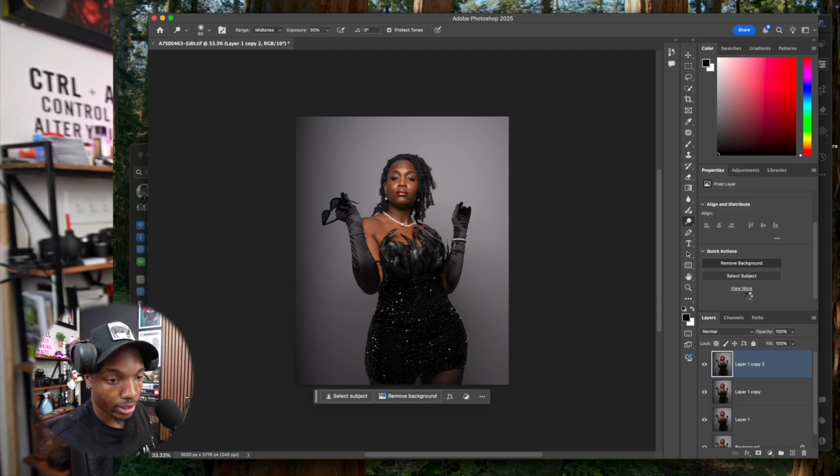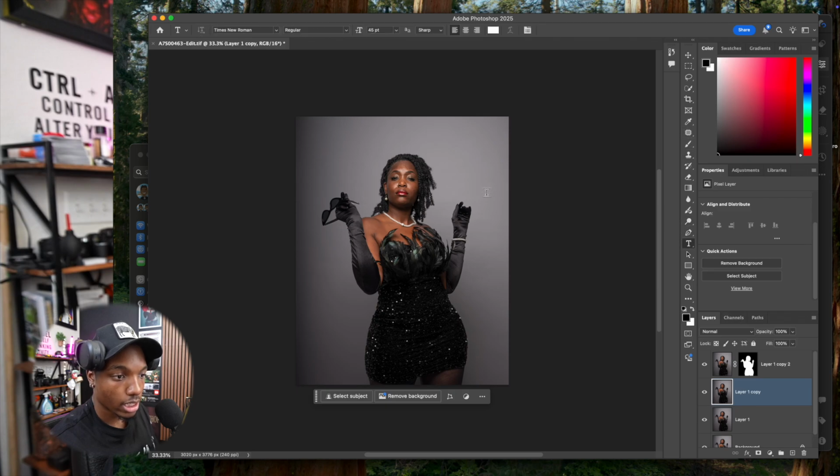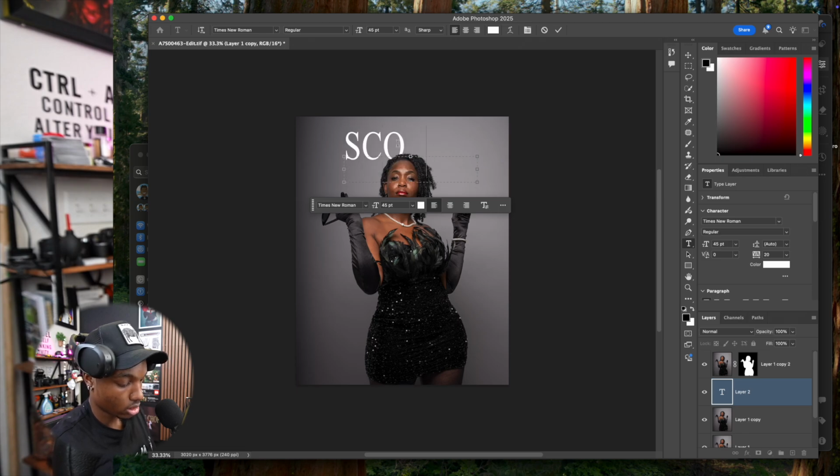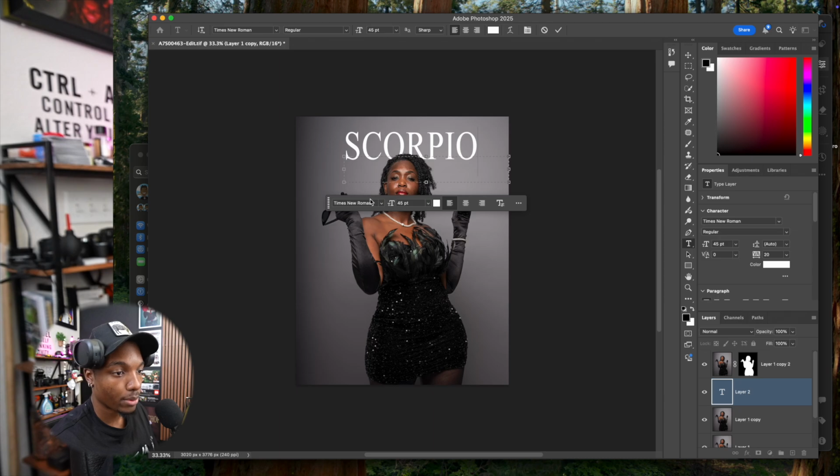So now when we go to add it, I'm going to press Command J. I'm going to do remove background. I'm going to go to the layer below. I'm going to hit the text tool, boom, just like so. And now let's say I'm going to type Scorpio, right? I don't know if she's Scorpio or not, but now we can go into the font